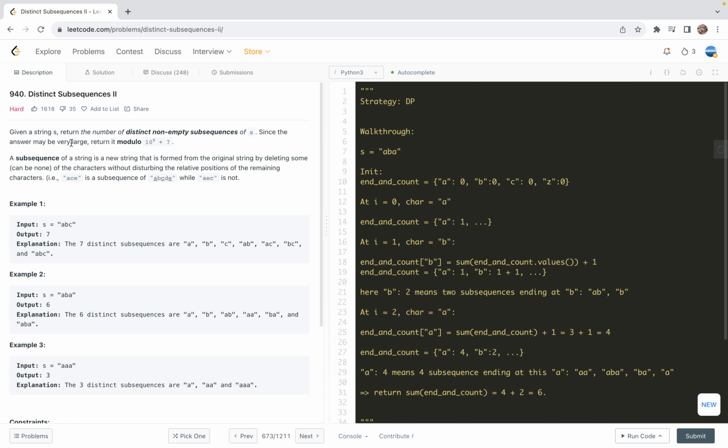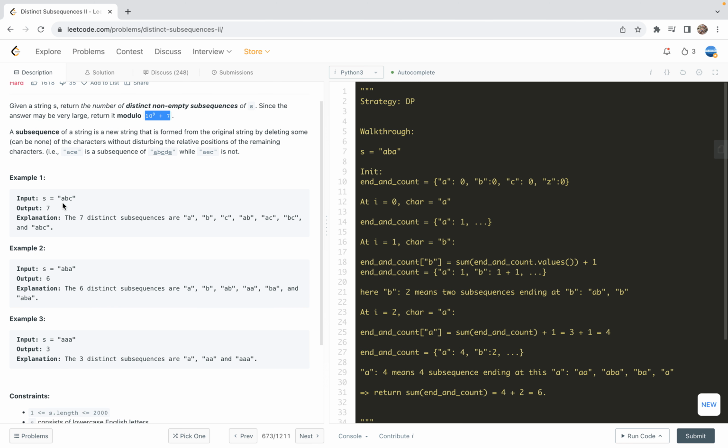Let's have a look at another hard problem, problem 940, distinct subsequences 2. In this video, we are going to explain a solution based on dynamic programming. So this problem statement is very short. Let's read it through first, and then we do a walkthrough, and finally we share the code and explain the